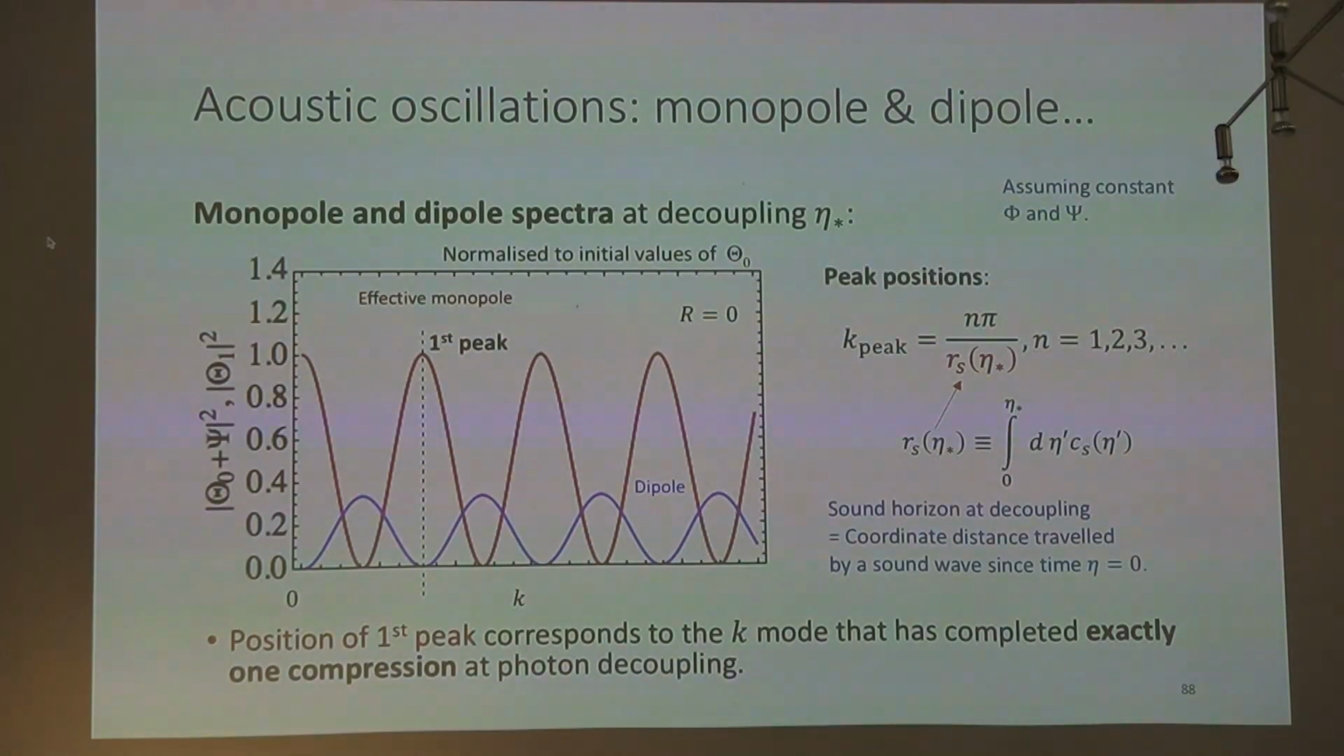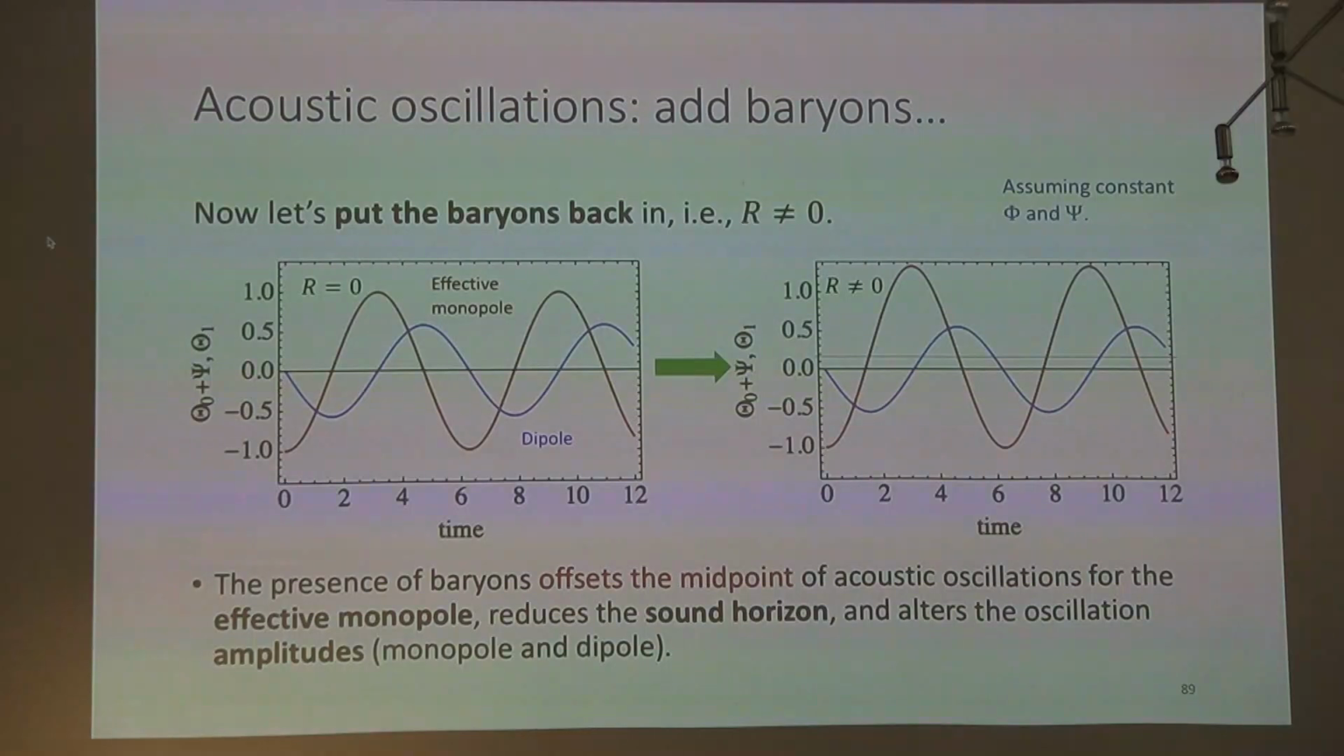Now still I'm assuming R is equal to 0. I haven't loaded the system with baryons yet. The next thing I'm going to do is to load the system with baryons. Okay, then what's going to happen is, well, you still get acoustic oscillations, but this is the R equals 0 case that we saw before, and once I put in baryons, what I see is that my oscillations are a little bit different. There's a slight change to the speed at which the oscillations are happening, as we saw before,